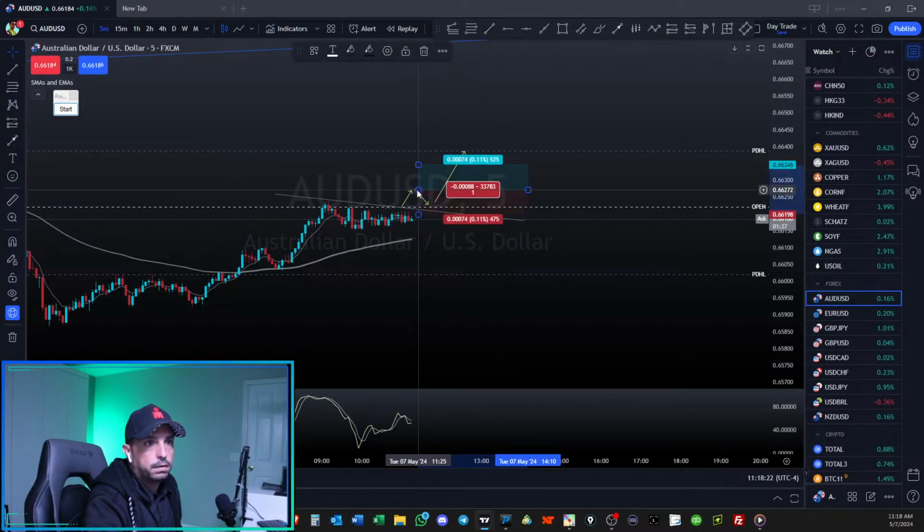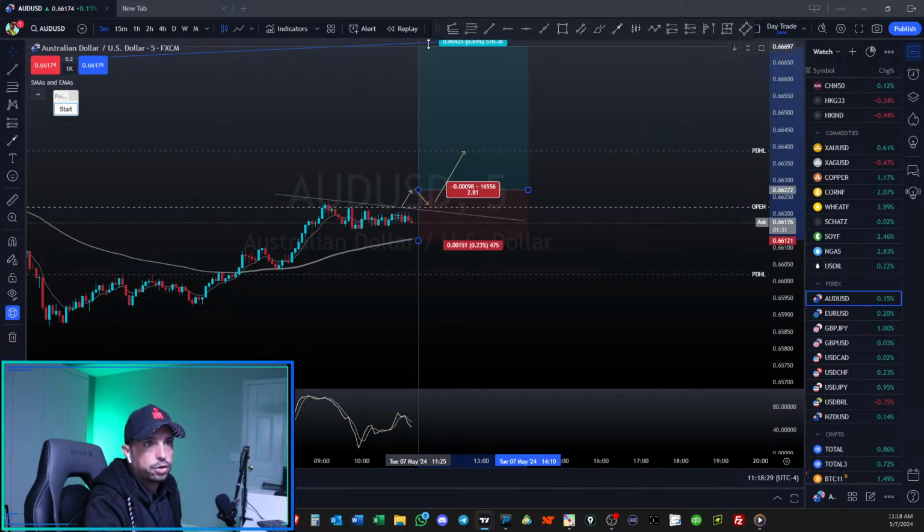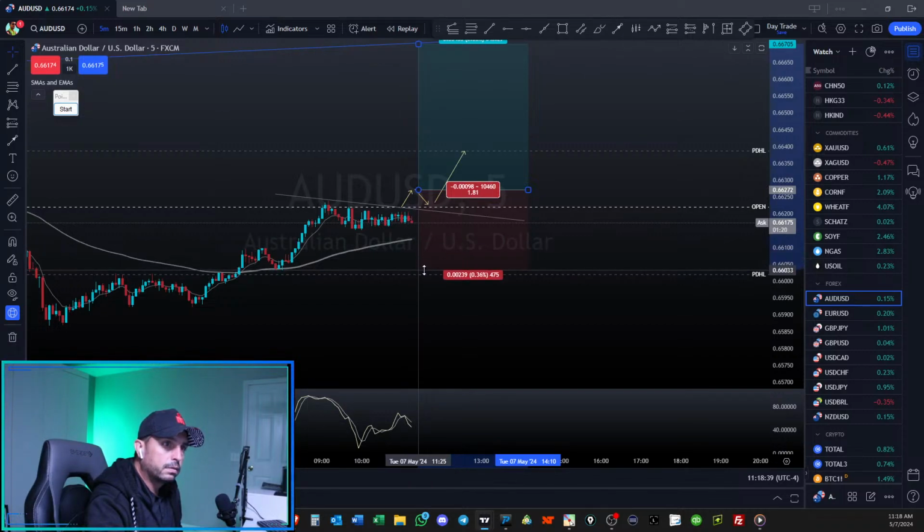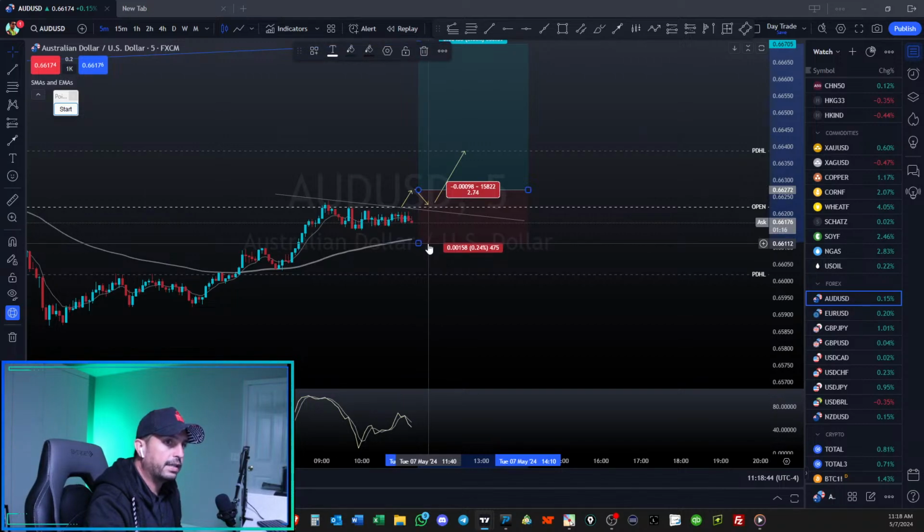Let's say you enter here, stop loss is going to go somewhere here or here, and your target is going to go there. That's almost 3 to 1. I would wait until a bottom forms here to put the stop, but as of right now, this is too big, somewhere in there, right there, like that. When the price reaches 1 to 1,